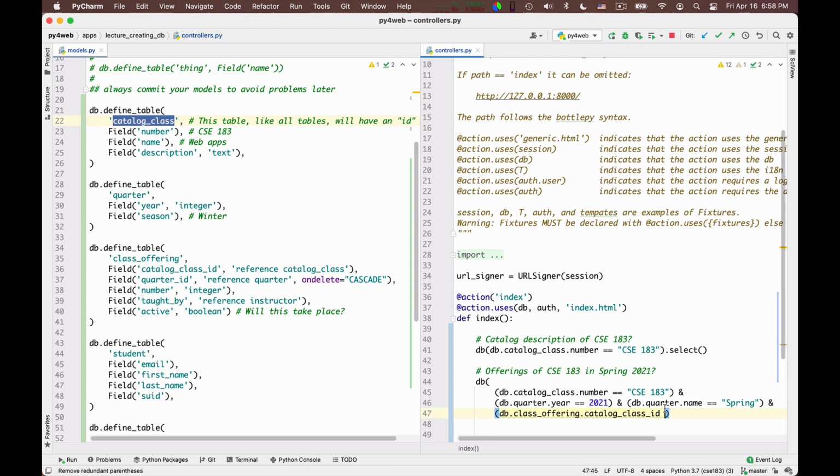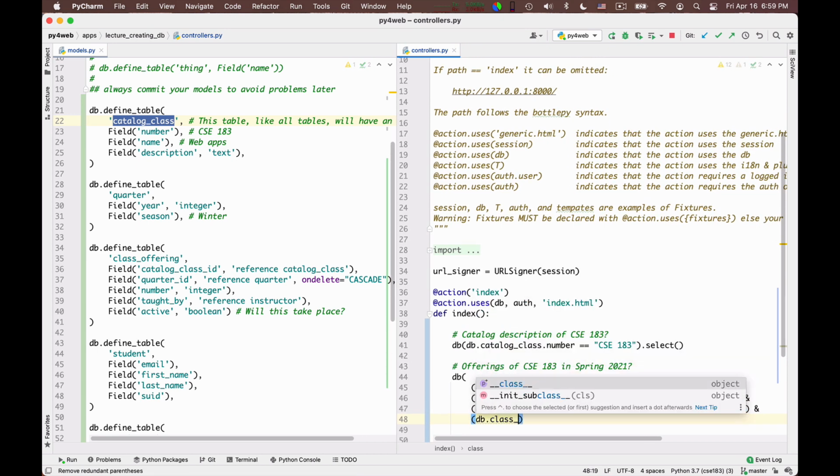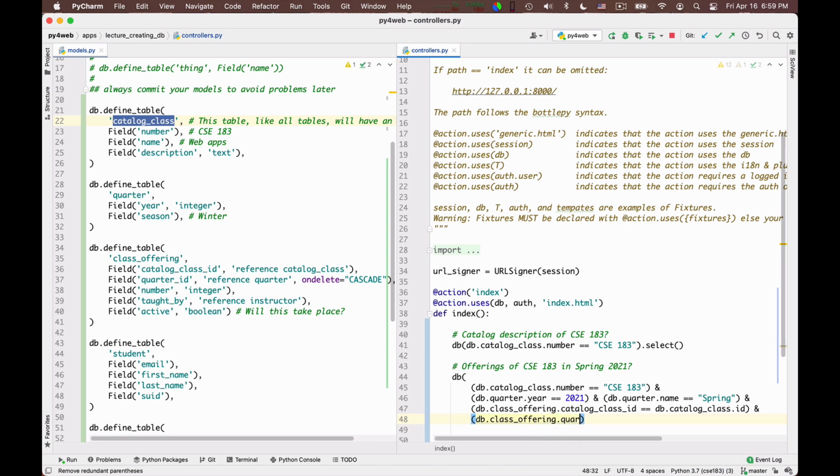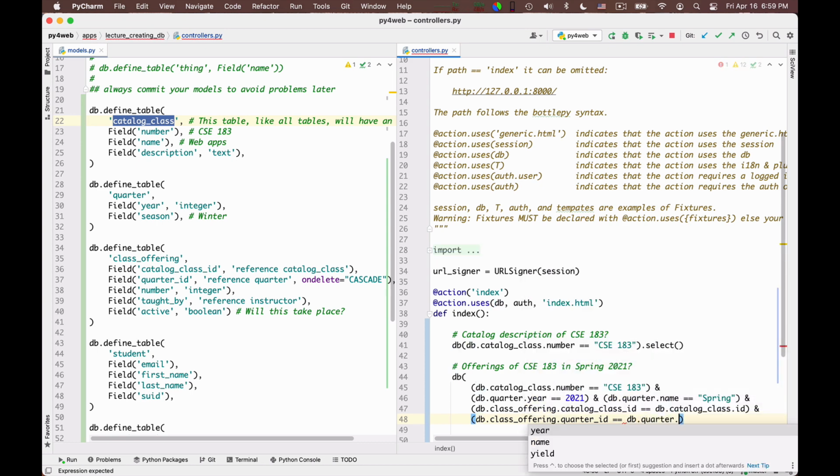So this has to be equal to db catalog class.id. Class offering quarter ID has to be equal to the db.quarter ID.